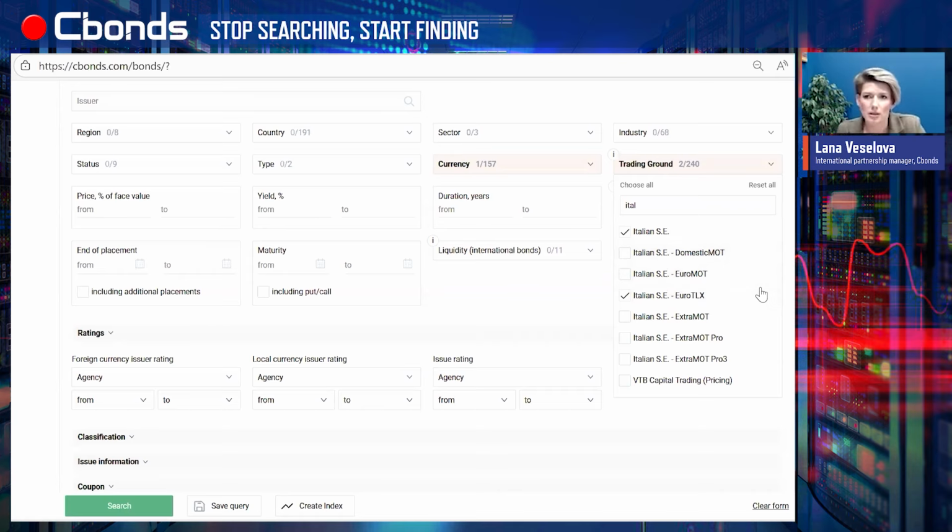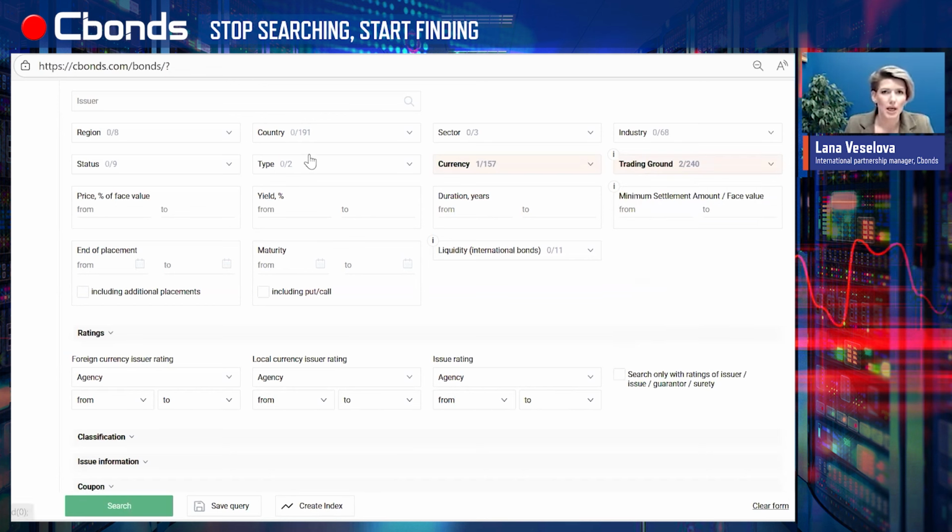They sent us lots of information about trading volume, so I would also recommend you to check these bonds. So let's assume you want to filter only those bonds which are of small trading lot. It would be the minimum settlement amount filter. Let's assume you want to find